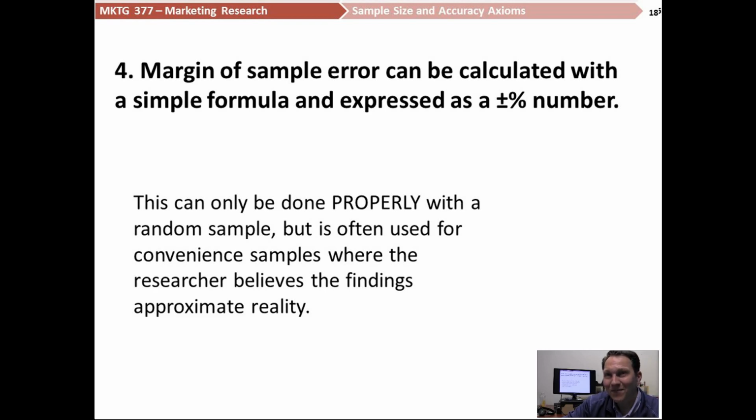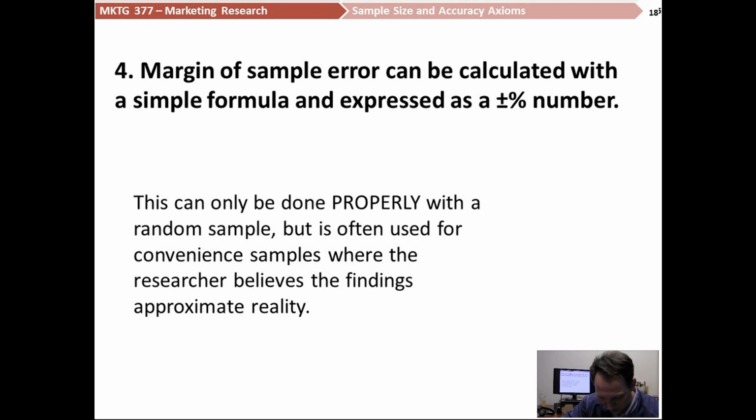That's a cheat, but we do it all the time in the research industry. We kind of have our little mea culpa, as we call it, about the fact that it's not appropriate to do, but we're going to do it anyway. So I just want to specify, margin of sample error is only about a randomly derived probability sample,